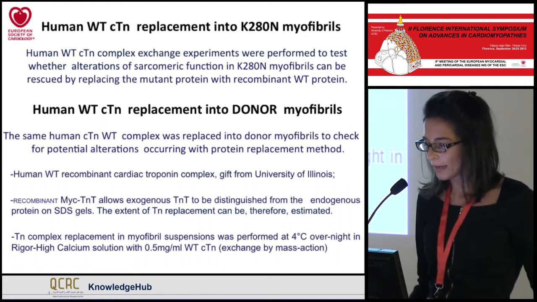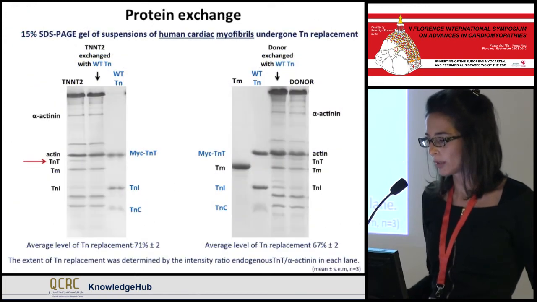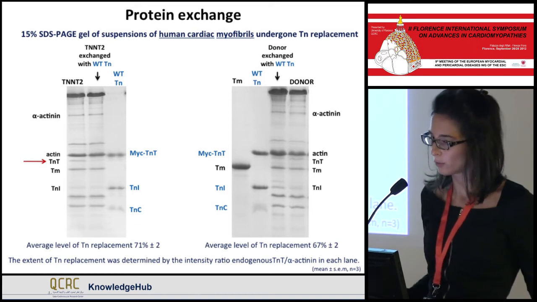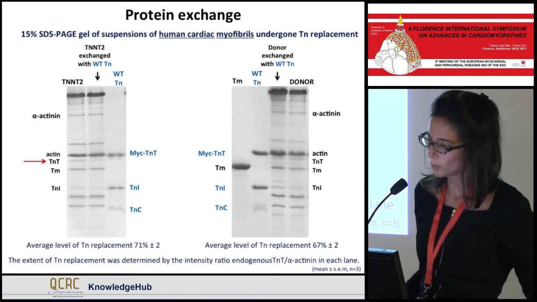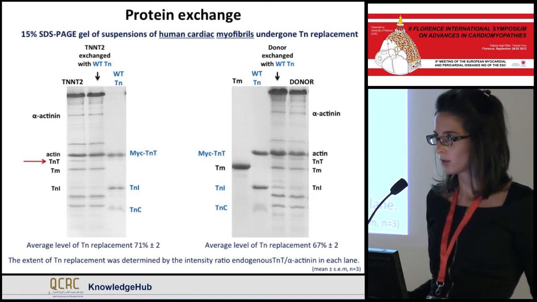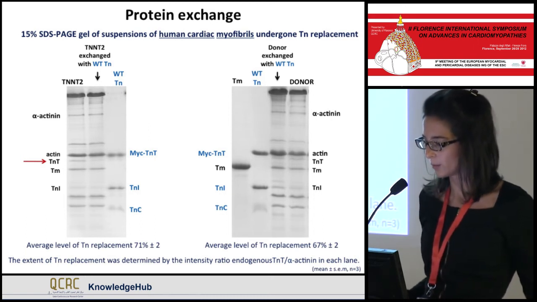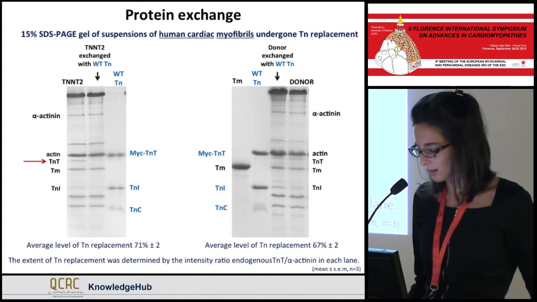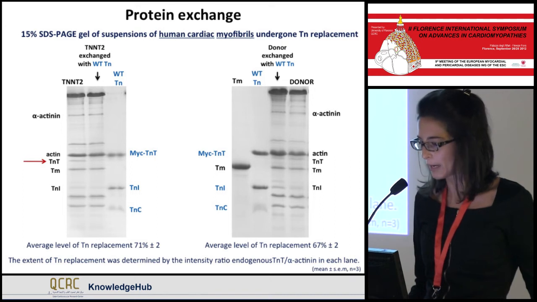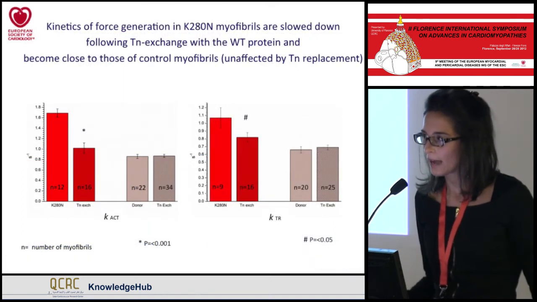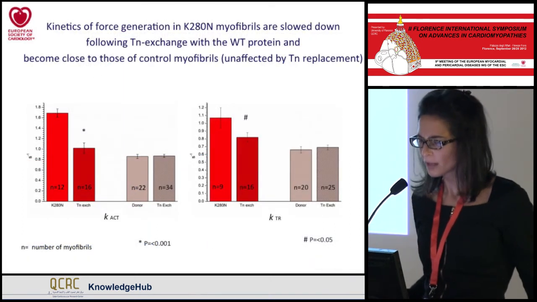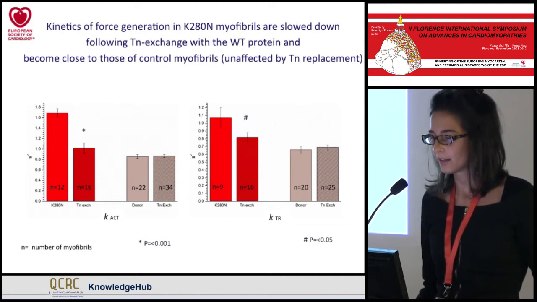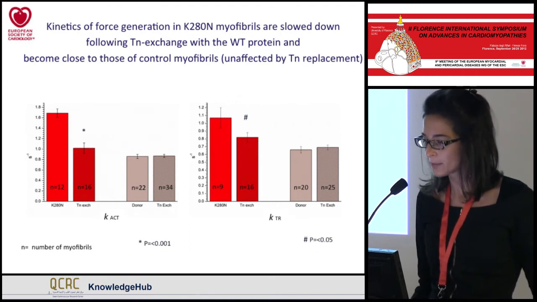So we can evaluate the extent of the troponin T replacement, and in our case, in both gels, that means for the troponin T mutant and for the donor, the extent of the replacement is around 70%. So it's a successful replacement. So we analyze the kinetic parameters, and firstly we can see that after the troponin replacement,